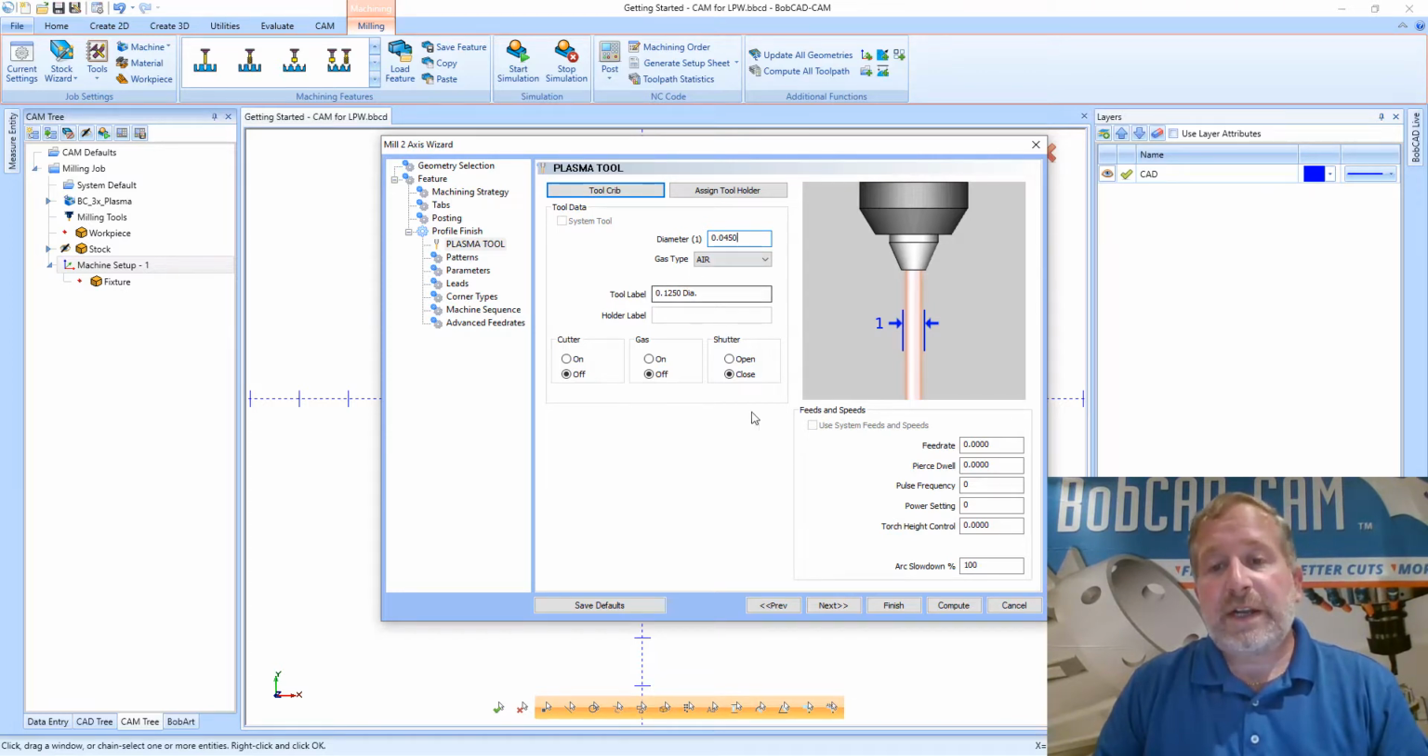Now, depending on your machine and how the post-processor is configured, then you will input the different options that you have. If you can choose between different gas types for your machine, then you'll need to select those. The feed rate, pierce dwell, pulse frequency, power settings, these are all going to be specific to what the requirements are for your machine based on the material that you're cutting. And the post-processor department will have your post-processor configured to operate with what's required for your machine as far as the